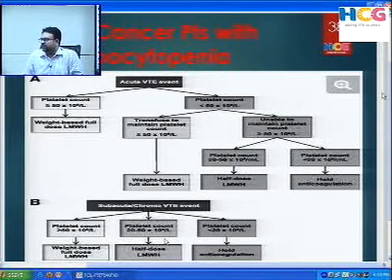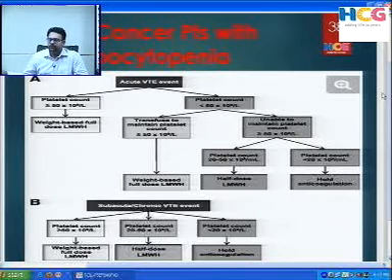So when there is a cancer patient with thrombocytopenia and there is an event of venous thromboembolism, what is the plan of management? Whenever this VTE event is an acute one, we should check the platelet count. If the platelet count is more than 50,000, we should proceed with the weight-based full dose of low molecular weight heparin. Whereas whenever the platelet count is less than 50,000, we can transfuse platelets and try to maintain the platelet count of more than 50,000. Then again give the full dose of low molecular weight heparin.